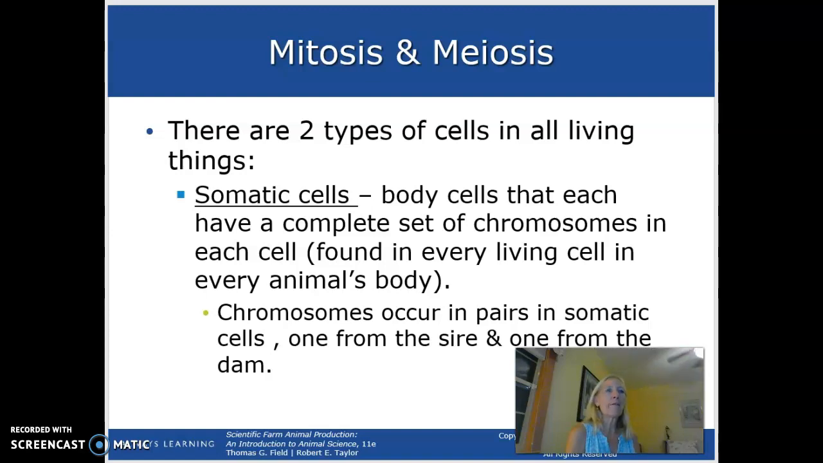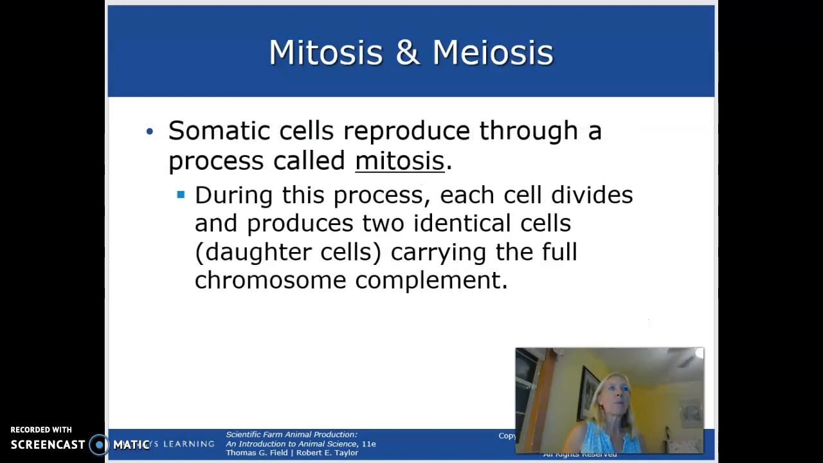All your body cells, every living body cell has a complete set of chromosomes in each cell. So that means that the chromosomes are paired. And one of the chromosomes comes from the sire and one comes from the dam. So one comes from your father and one comes from your mother in every living cell in your body. Those are somatic cells. Somatic cells reproduce through a process called mitosis, and there's various steps in mitosis that